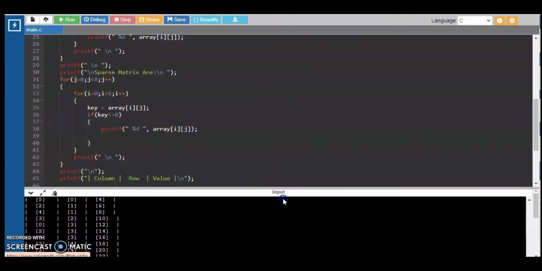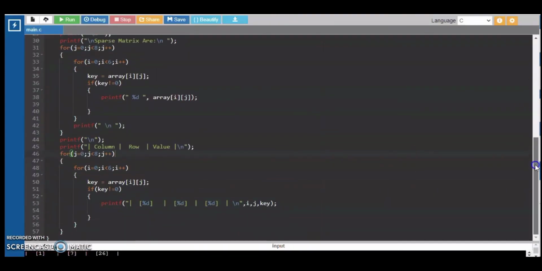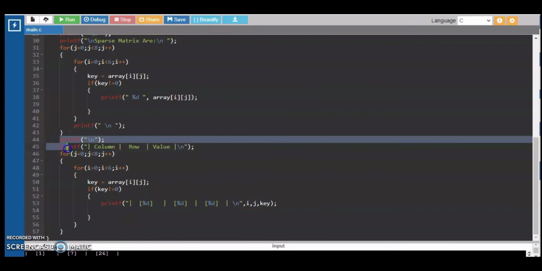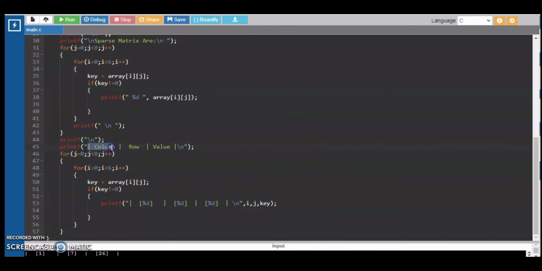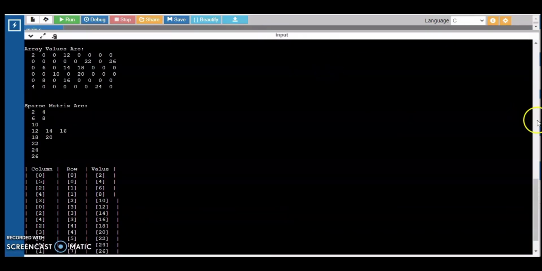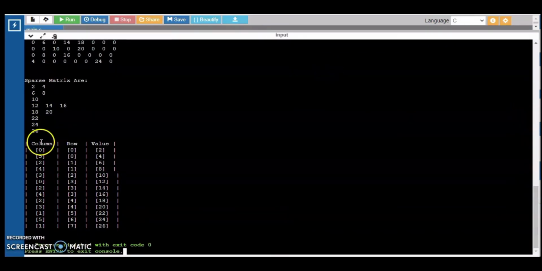So lastly, in our program, we have the triples or the three row table where we have column, row, and value. Since we already removed the zero elements, here we can see that